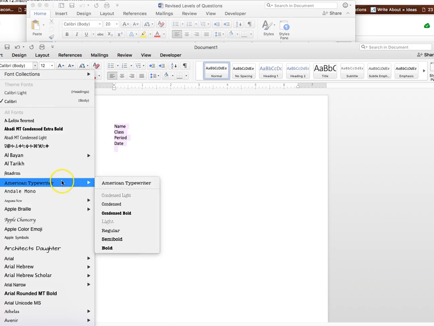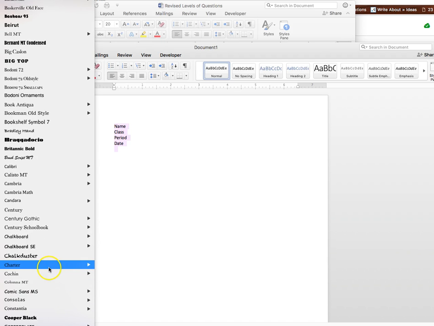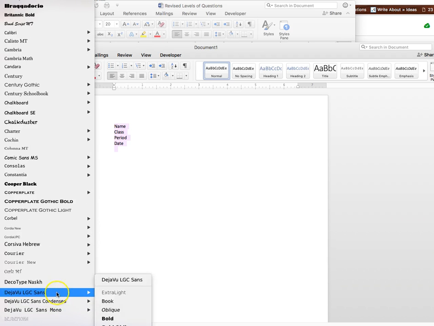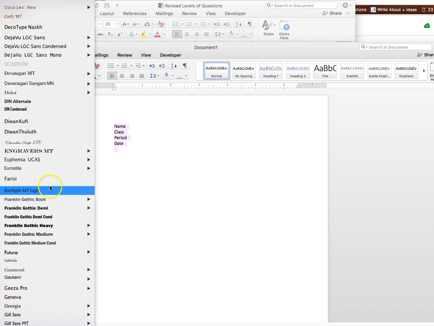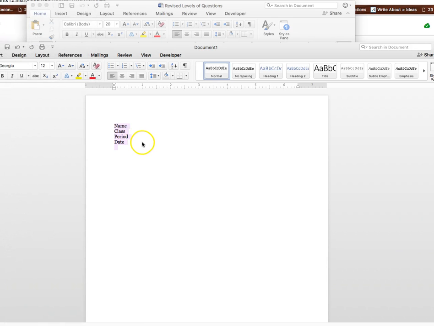I would strongly recommend you use a serif font, which means it has little, how do I describe that? These little teeny little things on the font, as opposed to sans serif, which is like Calibri or Helvetica or something like that, but let's not get into fonts right now. All right, serif, use 12 point, name, class, period, and date, title,